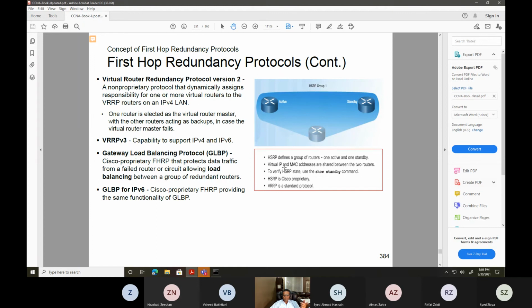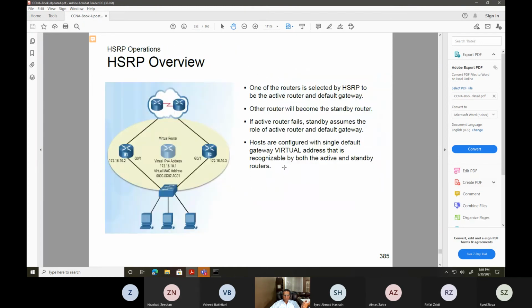Okay, so that's what they're talking about. So overview, one of the routers is selected by HSRP. So this is just a virtual router, or virtual IP. That's a virtual router, it's a virtual IP. So all these guys are going to have 172.16.10.1, and it will be configured here and here, both. So one will be active, one will be the backup. We call preempt, right? So if this primary goes down, he's going to take over the role for all these PCs to send the traffic this way.